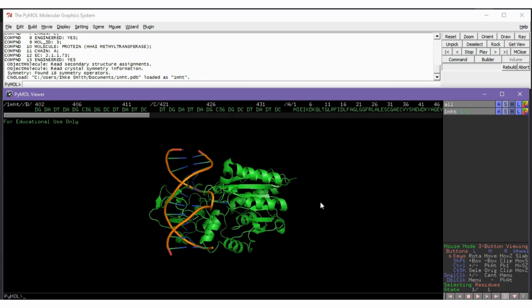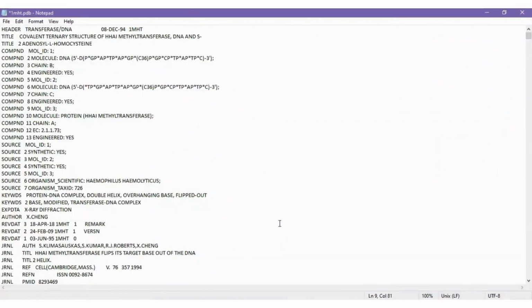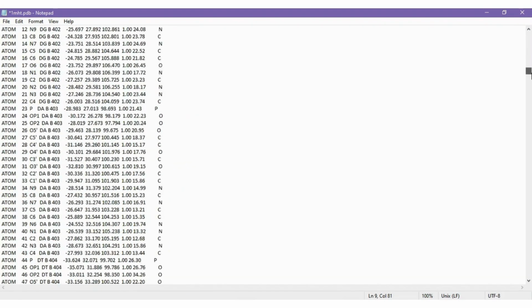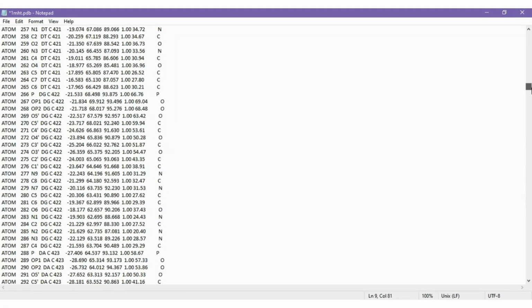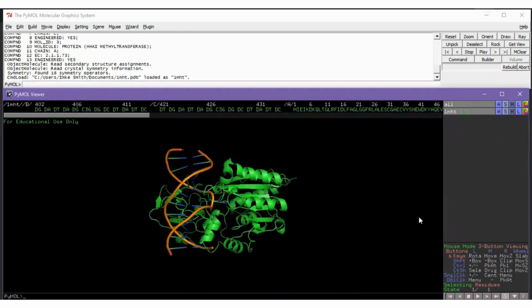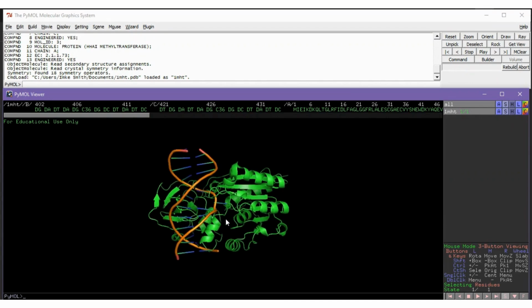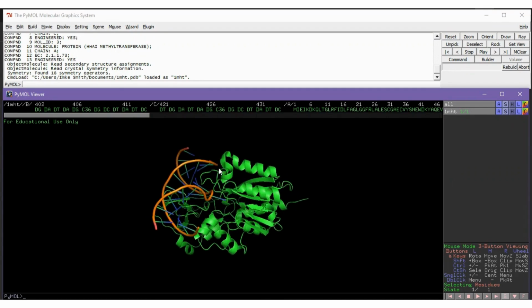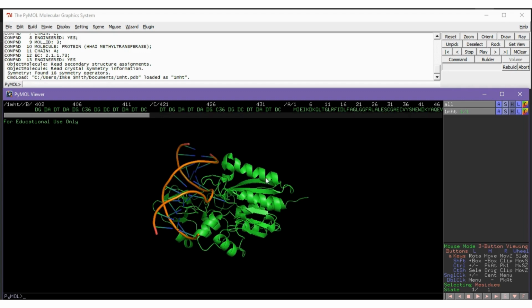So if one were to go to the PDB file and view it in a text editor, you would find information such as this. Everything that is necessary for the program to render the model. But sometimes errors slip through, and there was an error in this model. So if we have a look, we can see that this helix over here makes a very strange type of